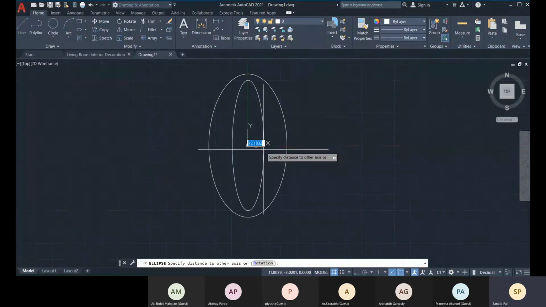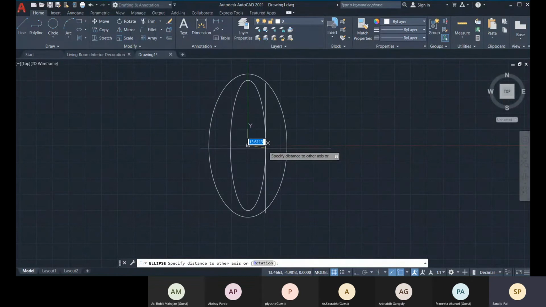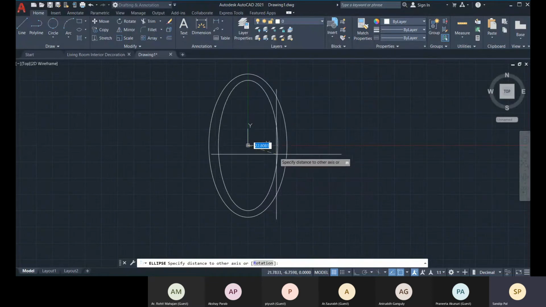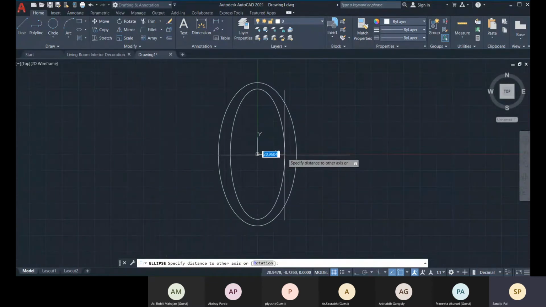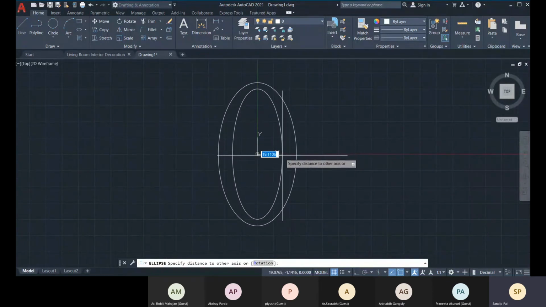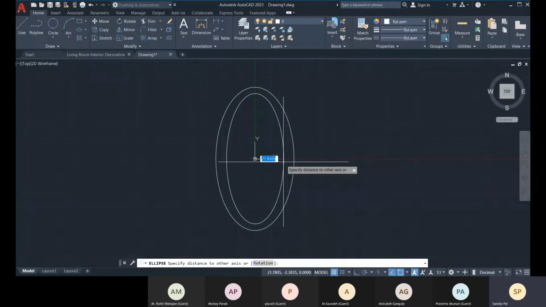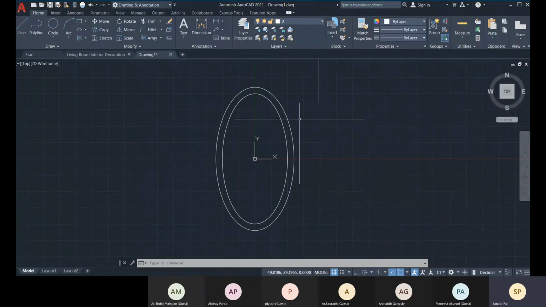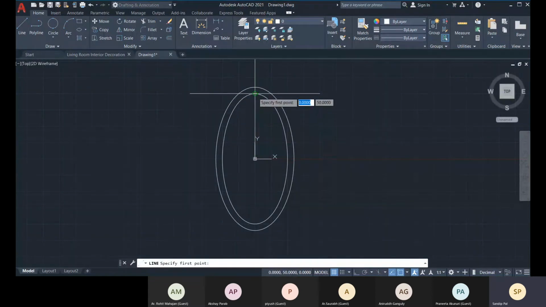The default for this dynamic input, the default coordinate system is set as relative coordinate system, and when you specify hash, it will be taken as absolute coordinate system. Okay. So then the next axis only one endpoint, so that will be 25, 0. Enter. Okay. Now I can draw a line.